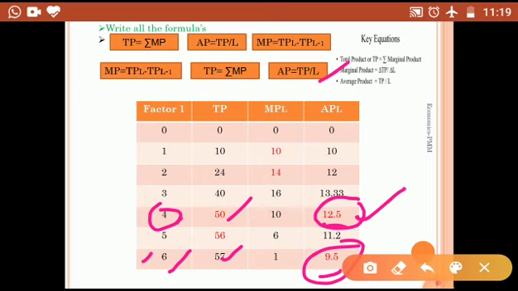So first I'll repeat the steps. The first step is we need to calculate marginal product, because the total products are already given in the question itself. So first calculate the marginal product, then go for the total product. Then once you get total product and marginal product, it's very easy to find out the average product. So apply these 3 formulas. Once again, practice it and become perfect in this.